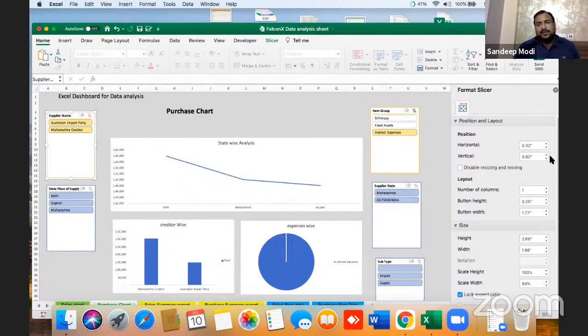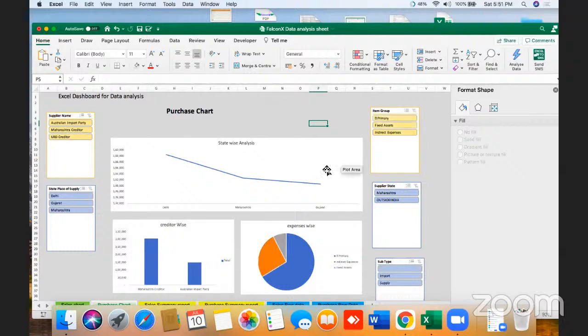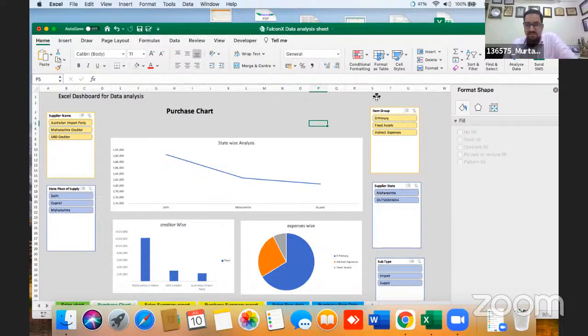Yeah, so it might not be there in 2013. I don't remember. Okay, it's there in the 13 version. Okay.